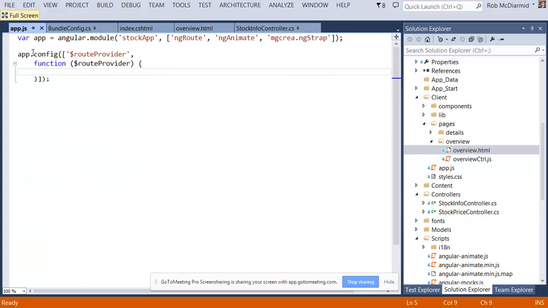So this is a configure block for Angular where you can configure the routing and configure a few other things with your Angular application. So we can use this route provider from Angular. It just has a when method on it. So we can say when the URL is /overview, then we want to load up that overview HTML. So we can say load up the template URL of, and that is in our client folder